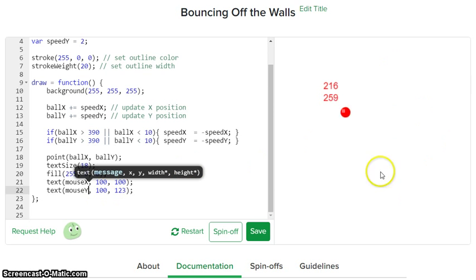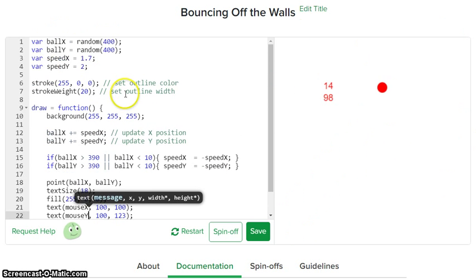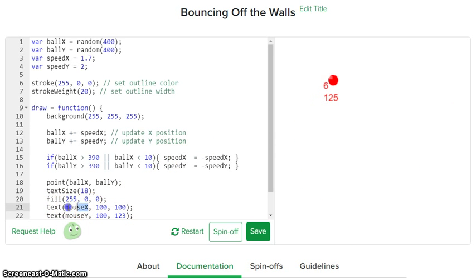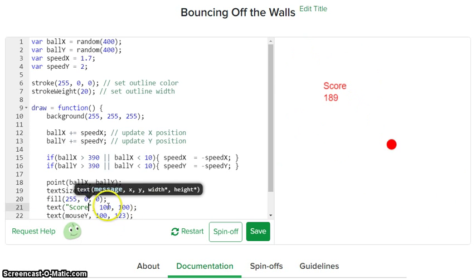Okay, so I want to make it so I can tell when I'm touching this thingy over here. Then maybe it'll jump somewhere else and give me a point. So I could print my score up on the screen. Let's say, here inside some quotations, I could just say "score", like that,